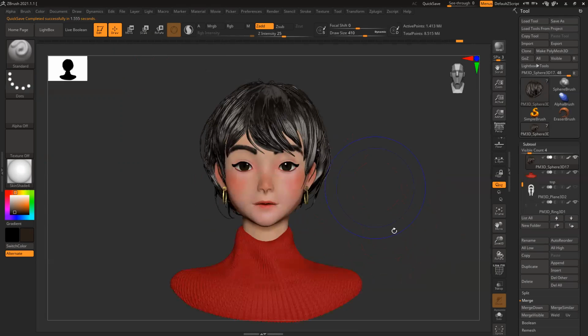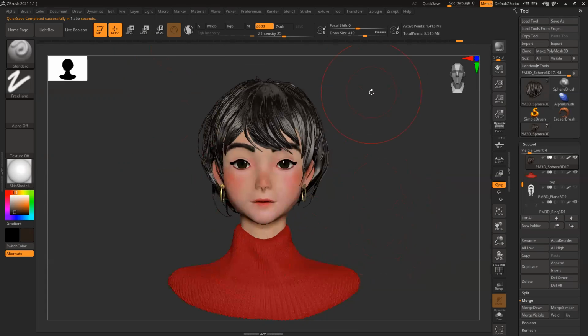Then okay. So now, once your poly paint, your basic detail and everything is finished, I want to render this, because ZBrush files are usually very high poly and it's like 8.5 million. You can see it's pretty high. You cannot import this file into Max or Maya or anywhere. You cannot use it. And if you decimate it, what will happen? You lose a lot of details. It won't be this crispy.